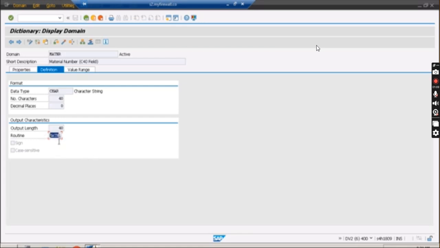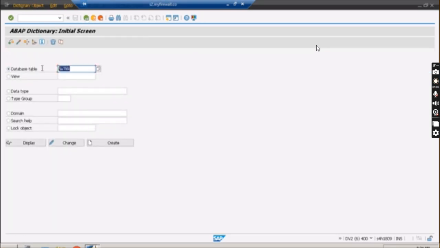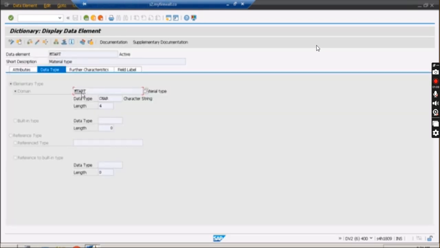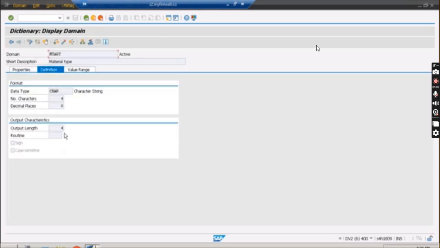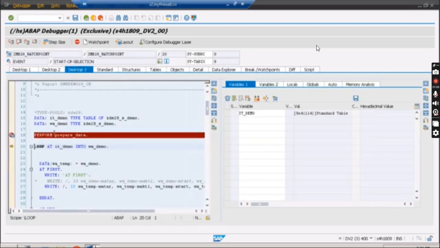The conversion routine actually internally converts the data into the internal format and then it checks. Okay, so MATNR is not straightforward, but MTART is straightforward. Here it will work perfectly. Go here and there is no conversion routine, right? It's blank. So come over here and I will show you for this particular field,